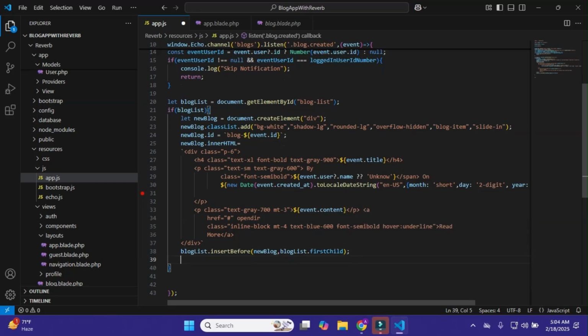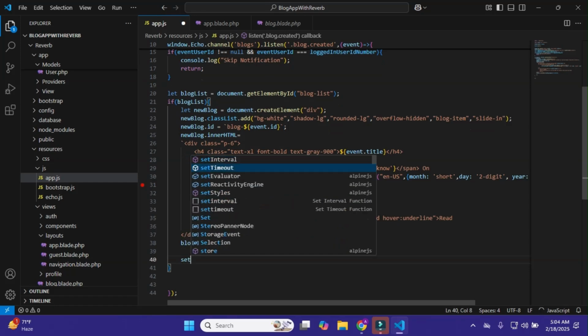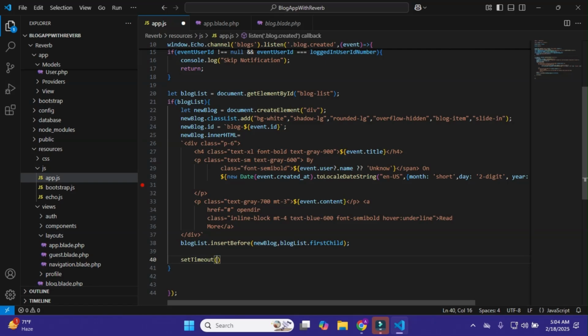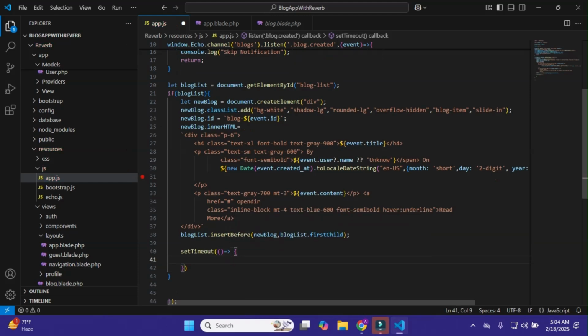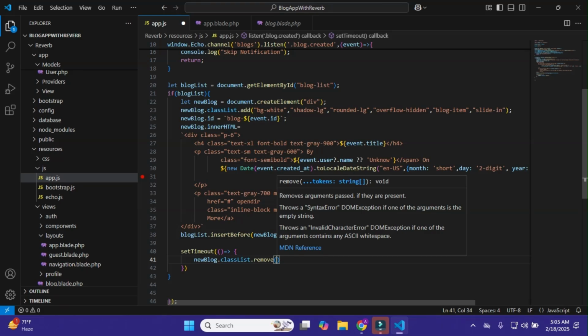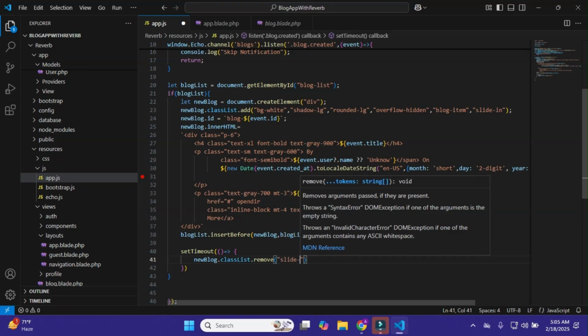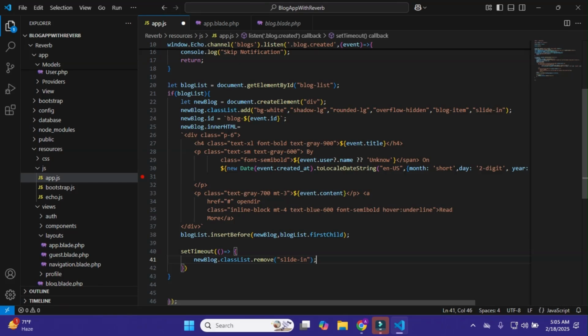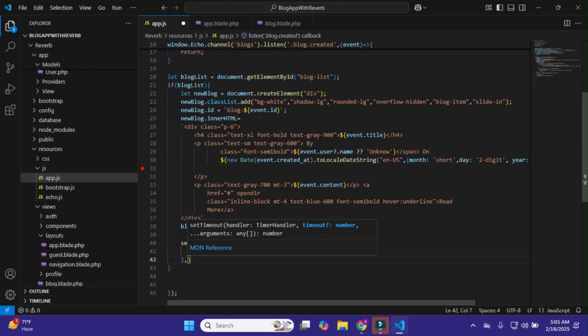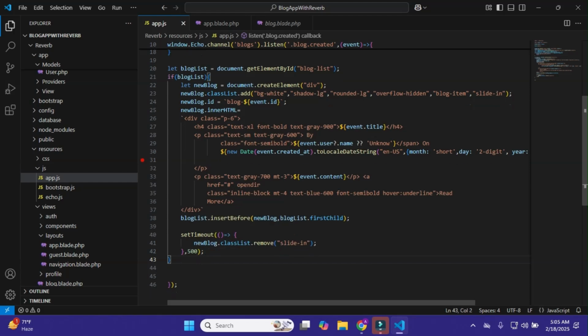Okay, and after this I'll make it setTimeout, and within it I'll make it newBlock.classList.remove, and within it I'll pass slide-in. Okay.